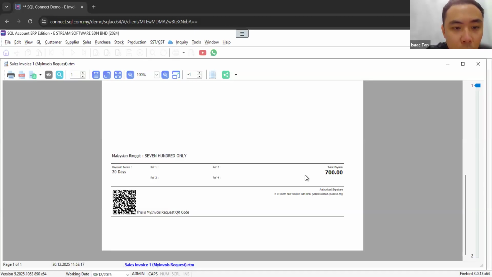Okay, normally I will open a deposit invoice after receiving the deposit from the customer. So if the customer does not need an e-invoice, then I don't need to submit an e-invoice. So to me-